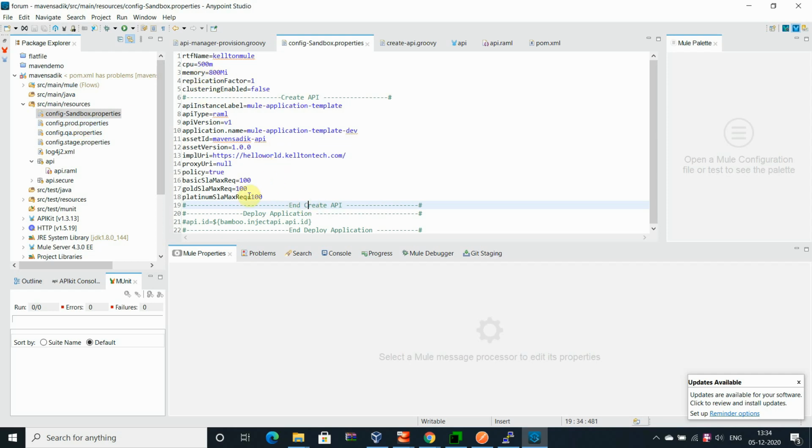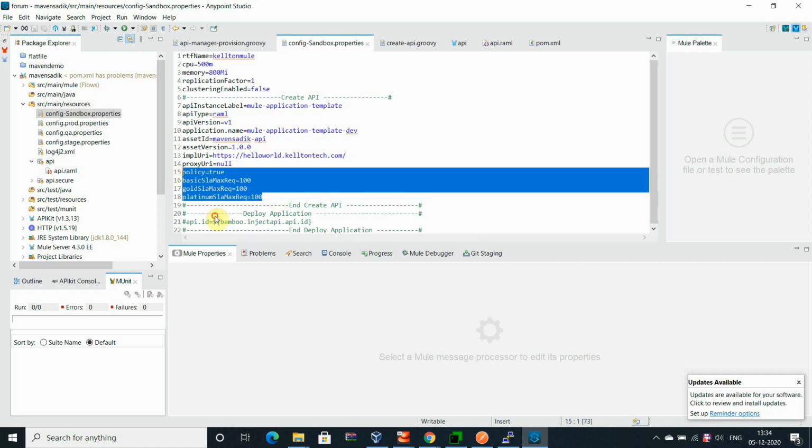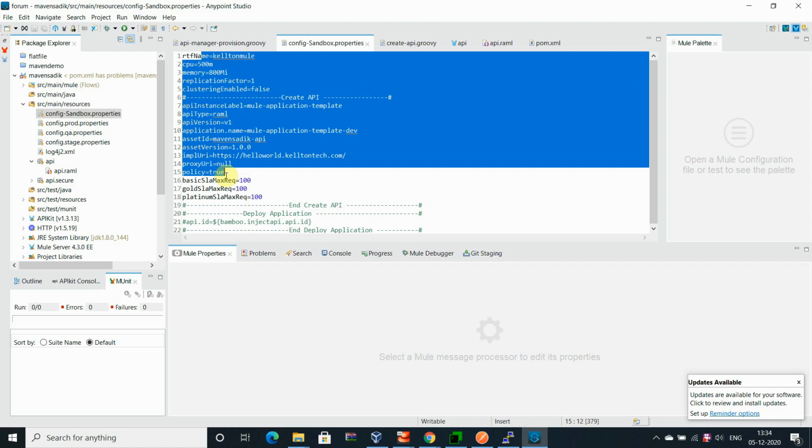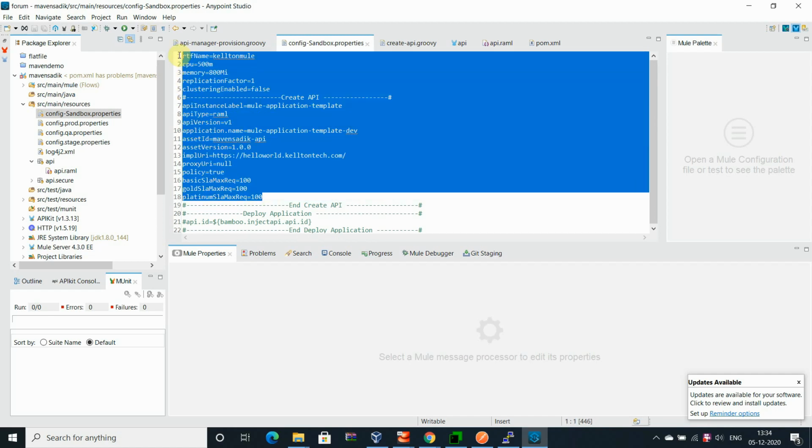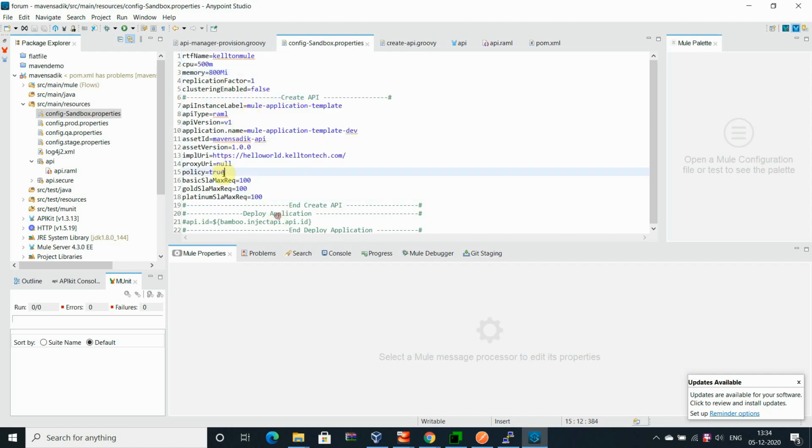Some of the information is different, like the implementation URI is different, the versioning is different, and the basic SLA, and these are all different. Okay, these are the policy. Although I'm not performing policy here, I will explain how to implement a policy as well.